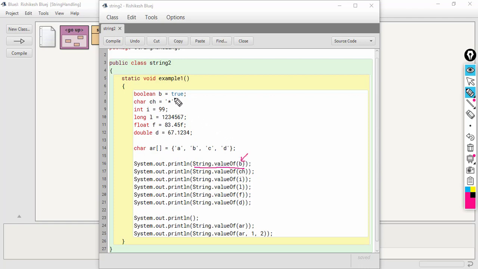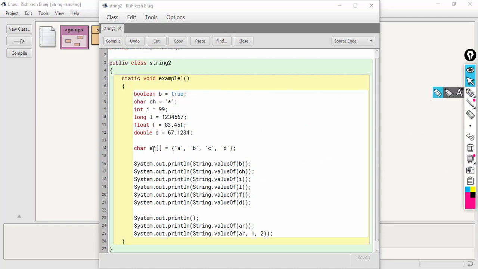So this b has got true, so it will be converted into the string "true". Next I am passing ch, which has got a star, so that star will be converted into a string. Next I am calling valueOf and passing i, so this 99 will be converted into the string "99". So this one I think all of you can understand very easily.